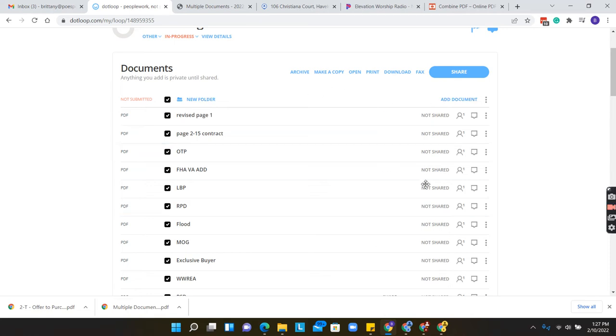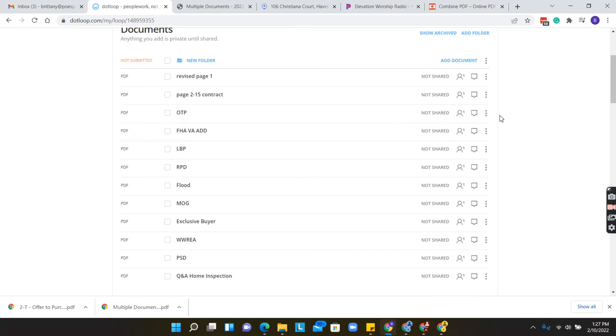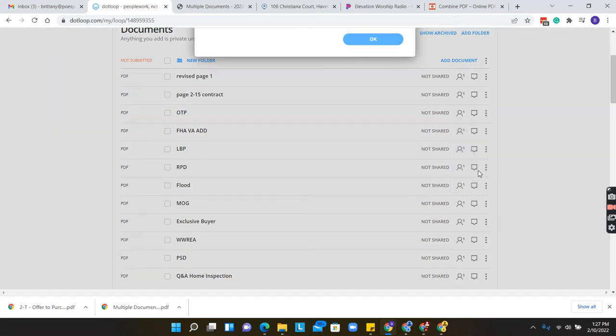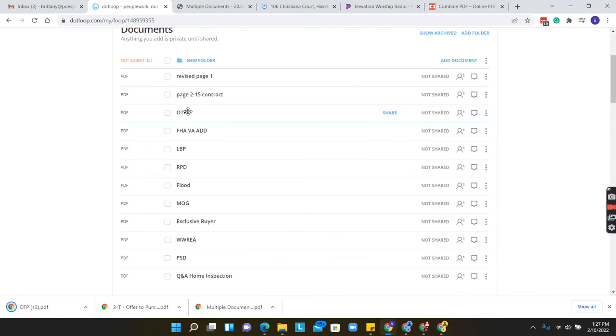So what you would do is you would download that PDF, okay? Or even, let's say you had to change a name on a contract, and instead of having everybody change it and having everyone wipe the signatures and re-sign everything, what you would do is download that document. So let's say it's the offer to purchase that we talked about, okay? I'm going to download it. The reason I'm downloading it is because if it's already been filled, if you try to mess with that document after it's already been filled,